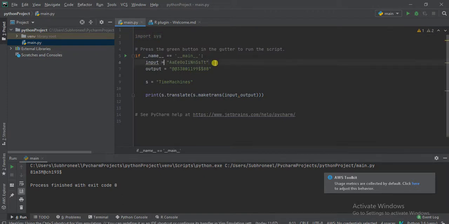Now for the first argument we have to take sys.argv[0].